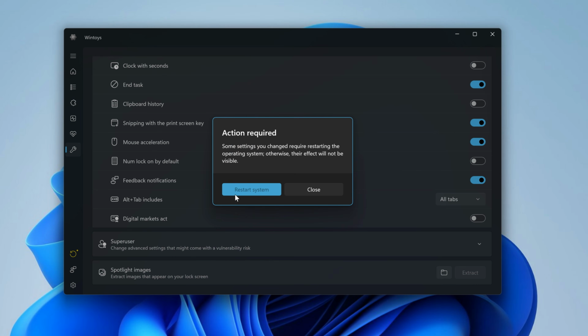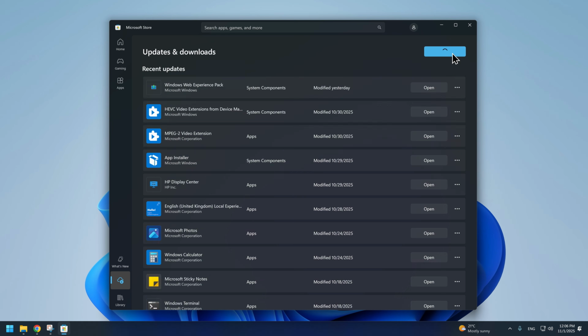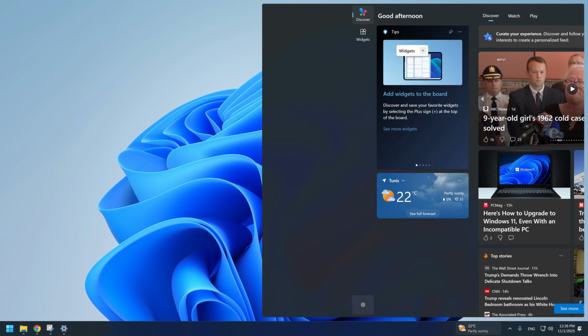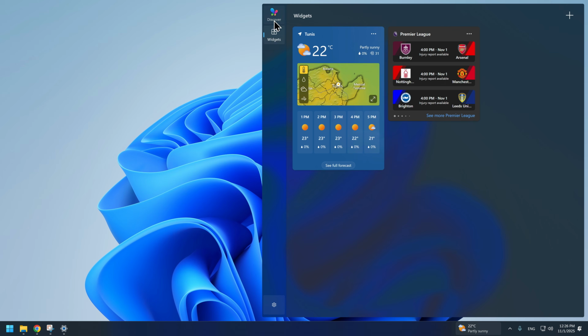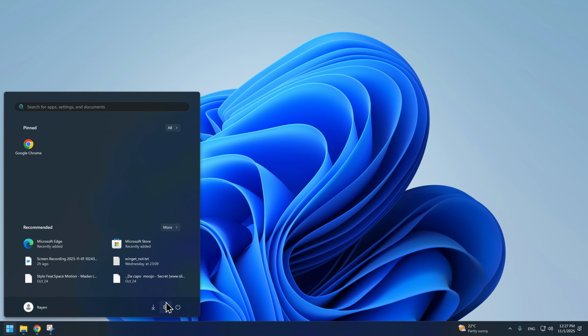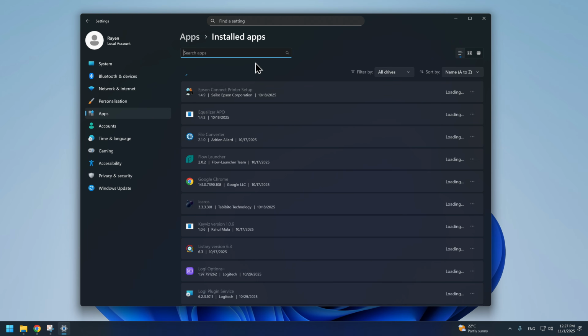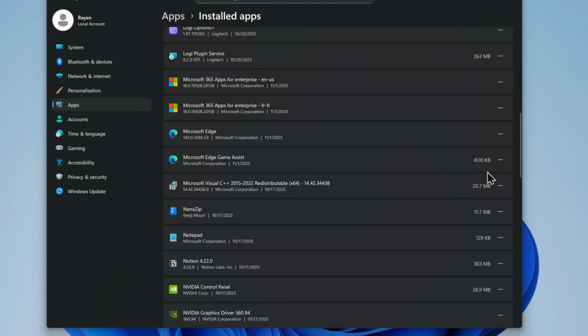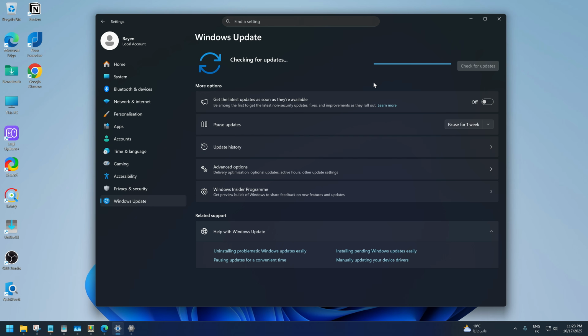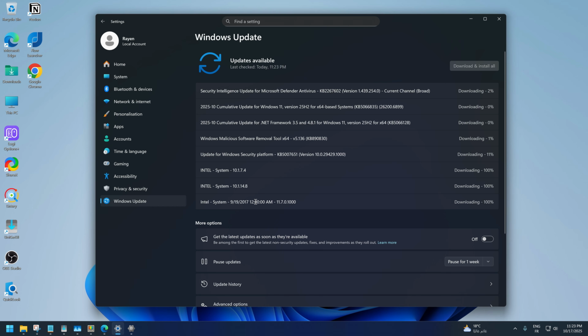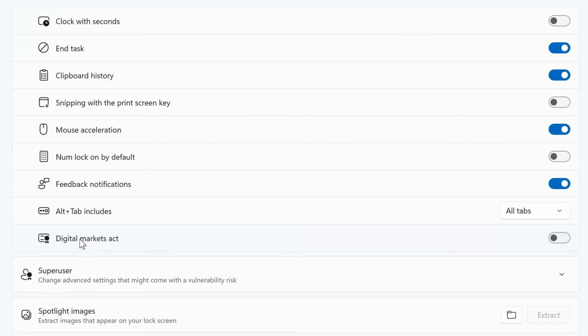I restarted Windows. I updated Windows plus the Microsoft Store, and still no luck. But then out of nowhere, the widgets board got a new look with a Discover tab and a widgets tab, which made me suspect that there was an update that got applied to my system. So I tried uninstalling Edge again, and now it actually worked. I don't know why exactly, but I suspect some update from Windows or from the Microsoft Store has activated DMA